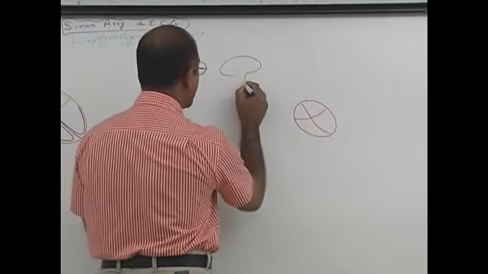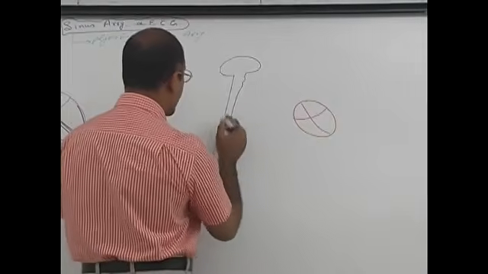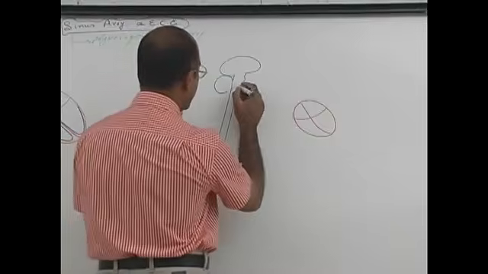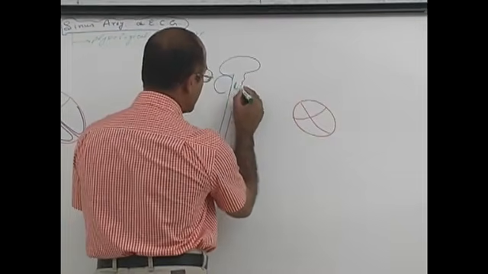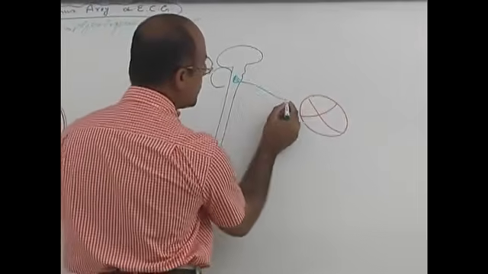And one of the major parasympathetic outflows, which is called vagus, controls the automaticity of the SA node. From the medulla, this is the vagal outflow, and vagus